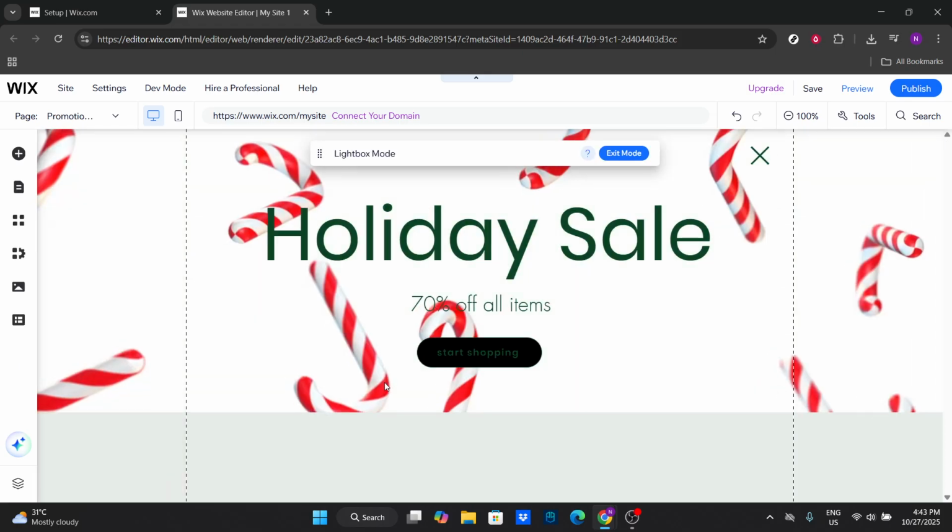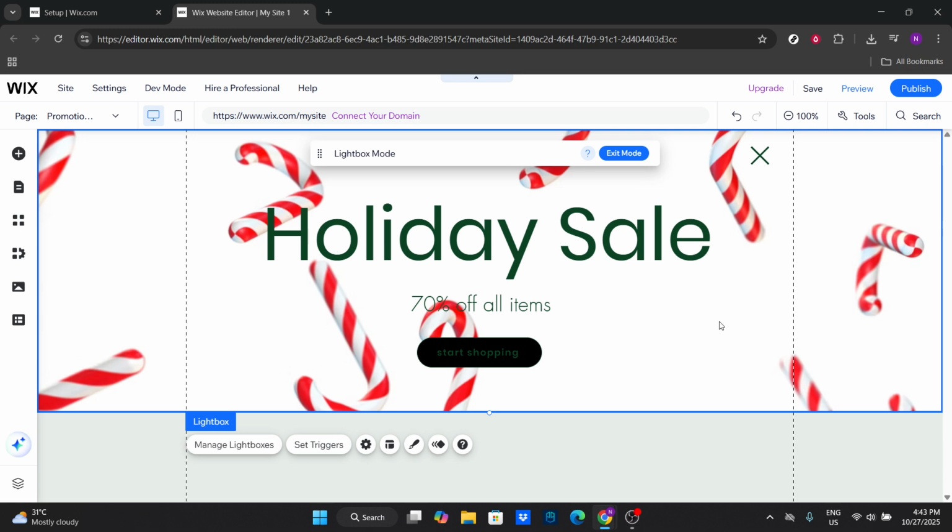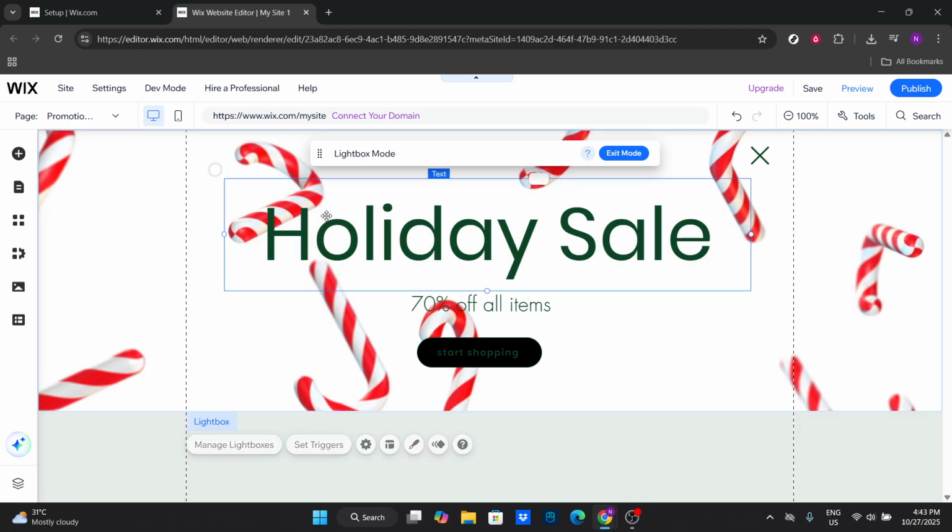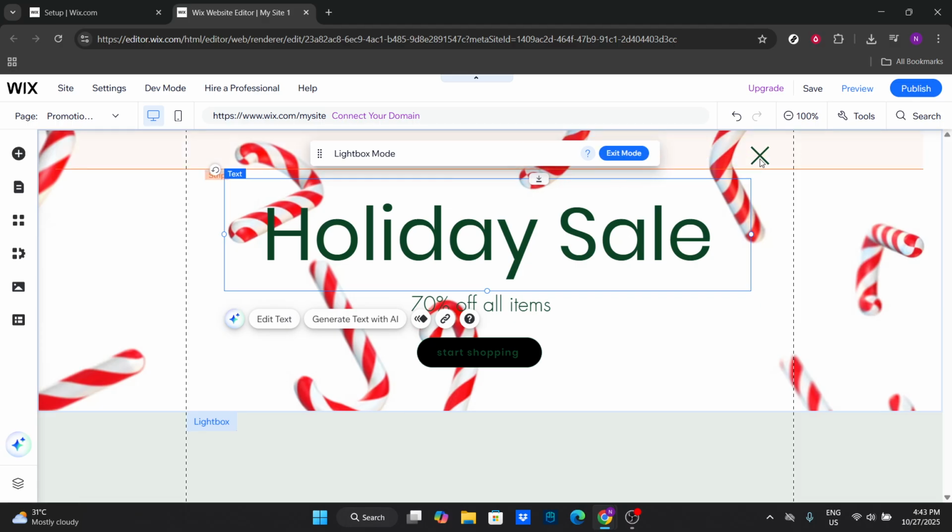Customization is key here. Click on your chosen design to open the editor settings. Now you can modify every element of the pop-up to suit your specific needs. This includes adjusting the text to communicate your unique message, altering colors to match your site's theme, and even adding images or logos that represent your brand. Take some time here to ensure that everything aligns well with your overall design vision and the goals you have